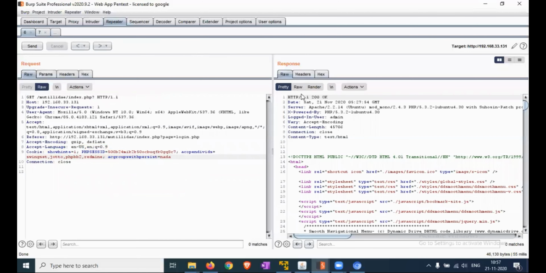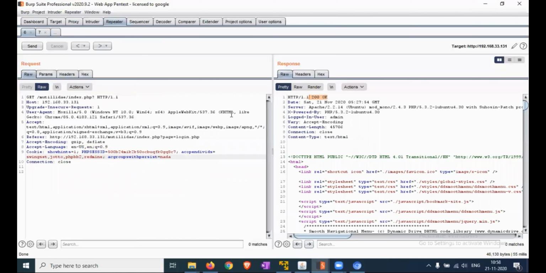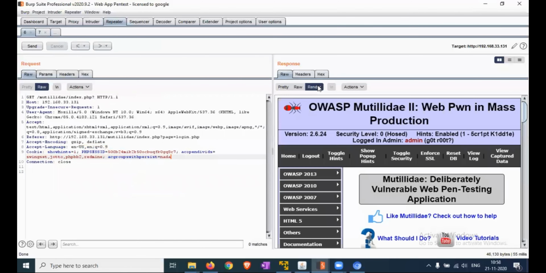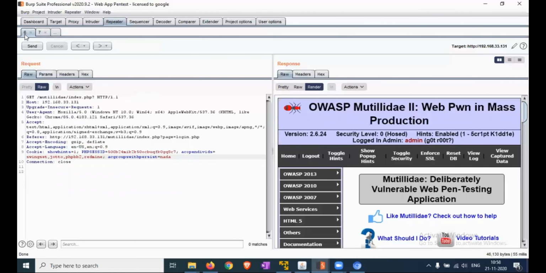Now we check the response. It's returning 200 OK for the GET request. Now we are logged in to the website using an admin username. So in this practical, we copied the request from the logged in request and pasted it into a particular request where the user is not logged in.